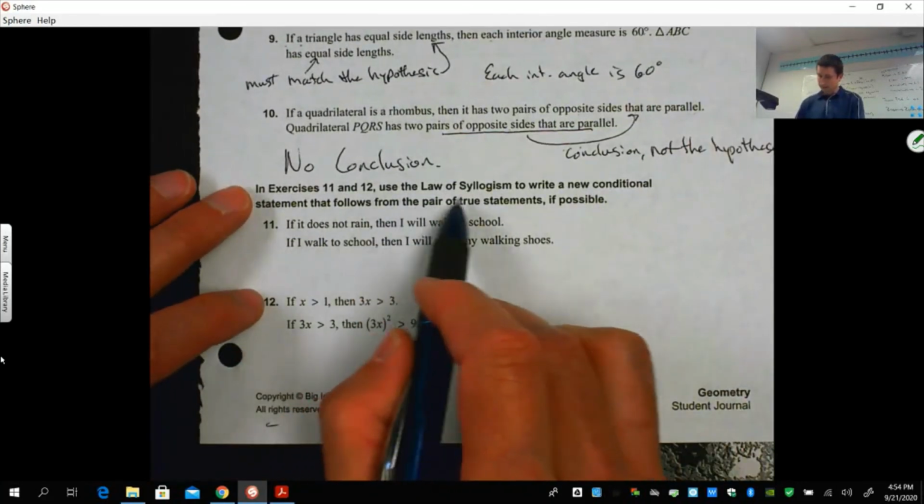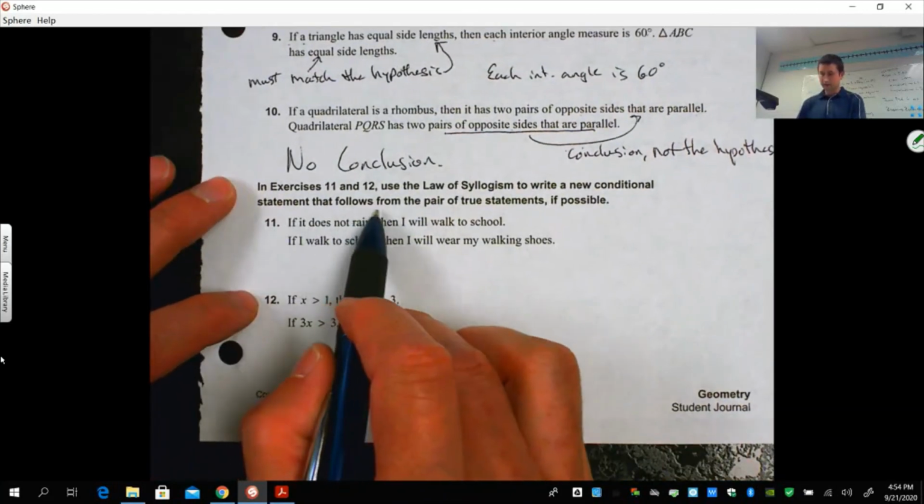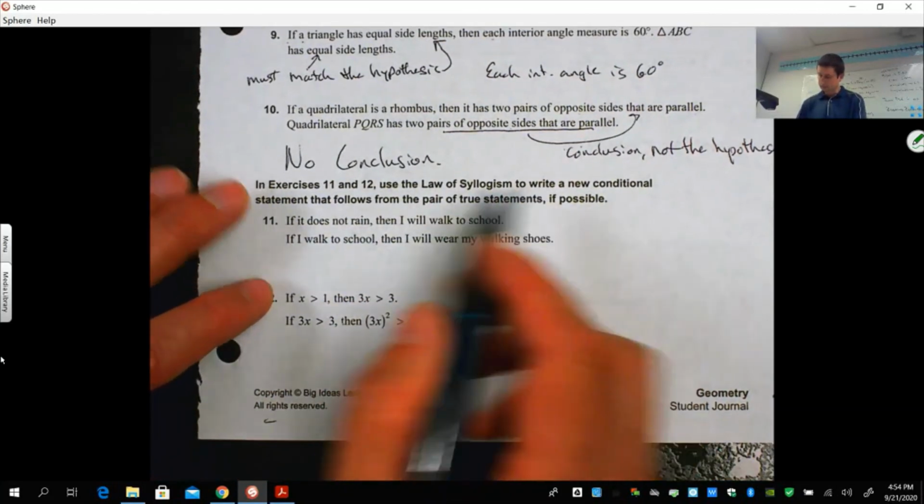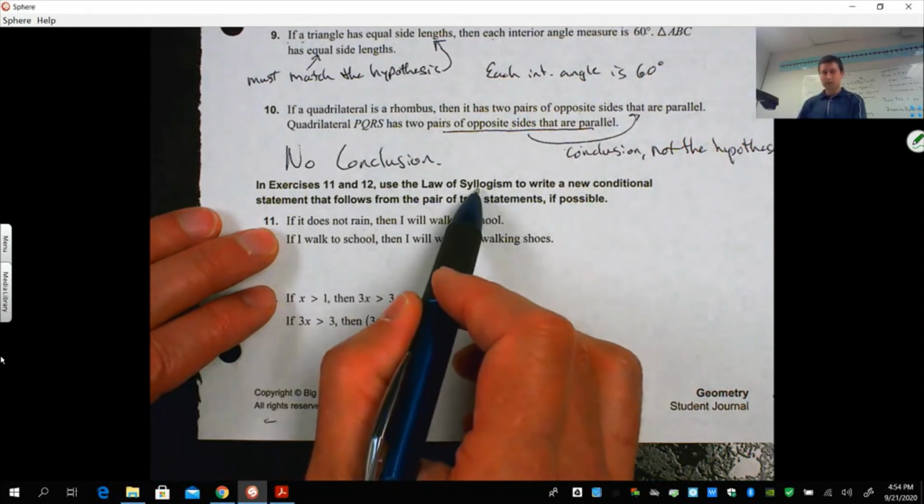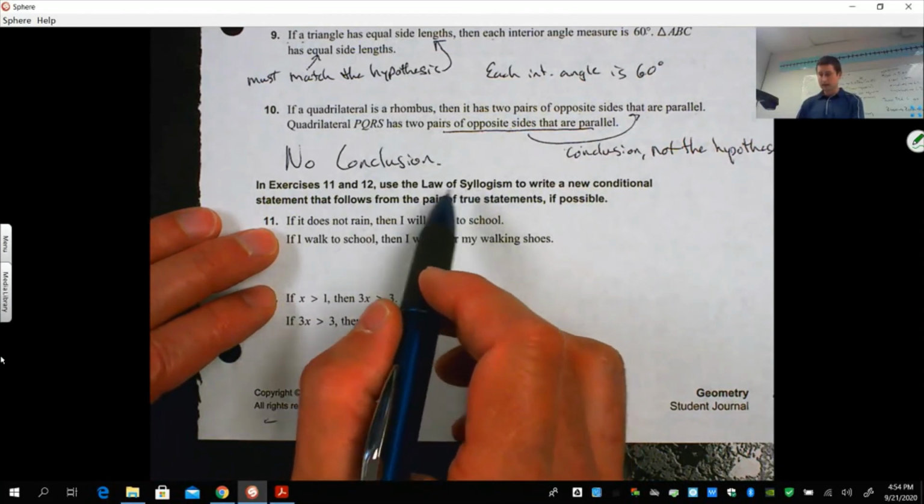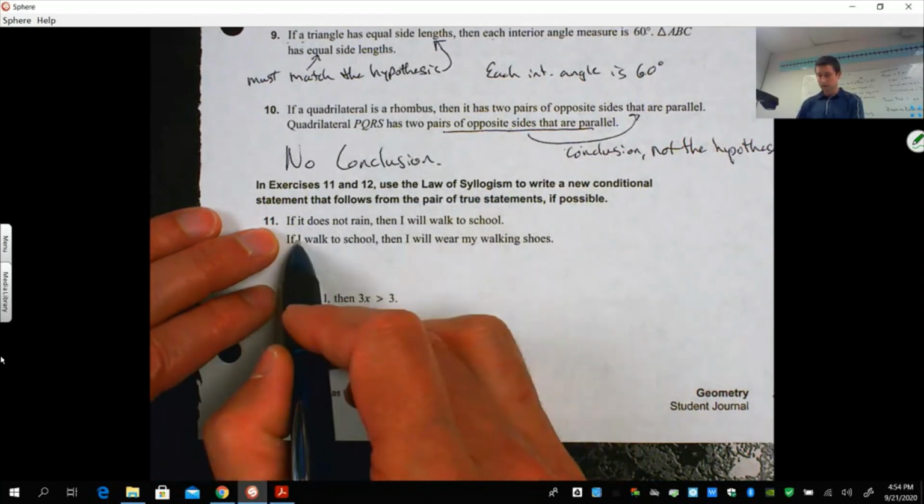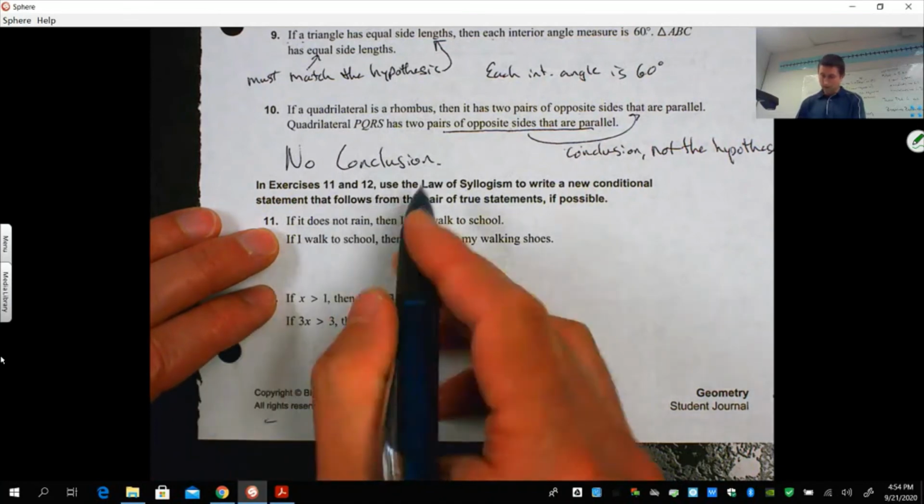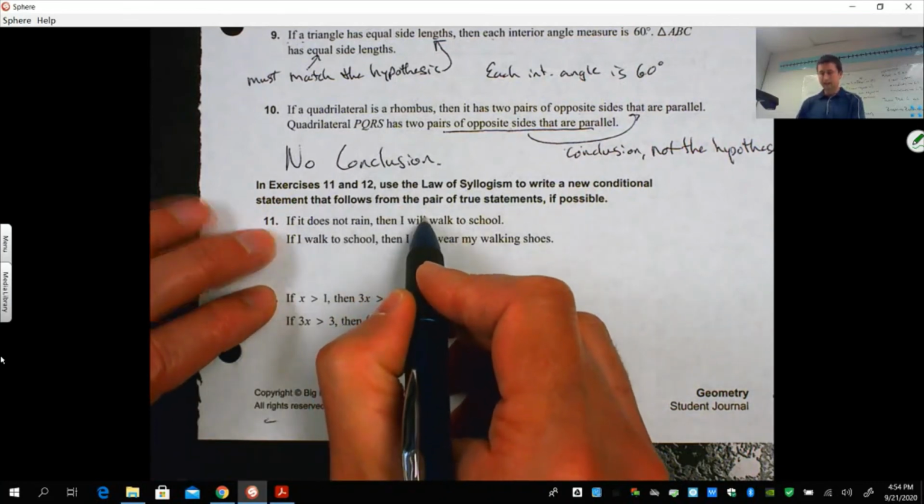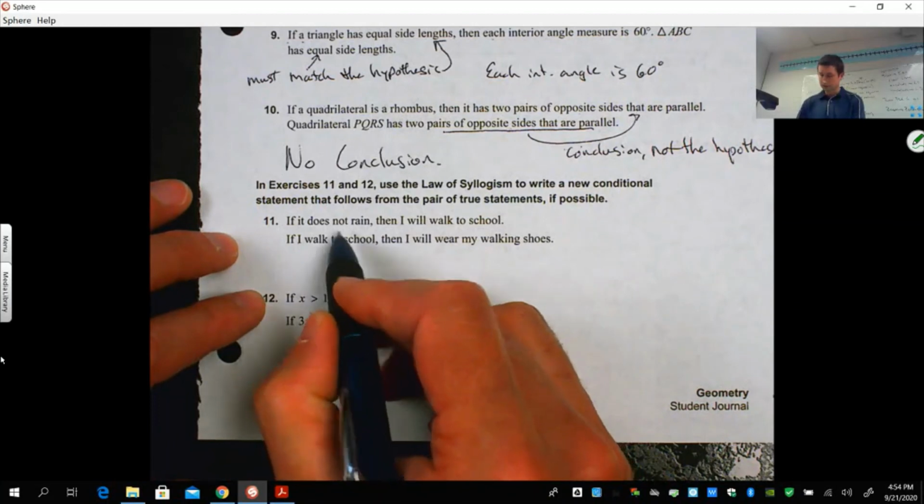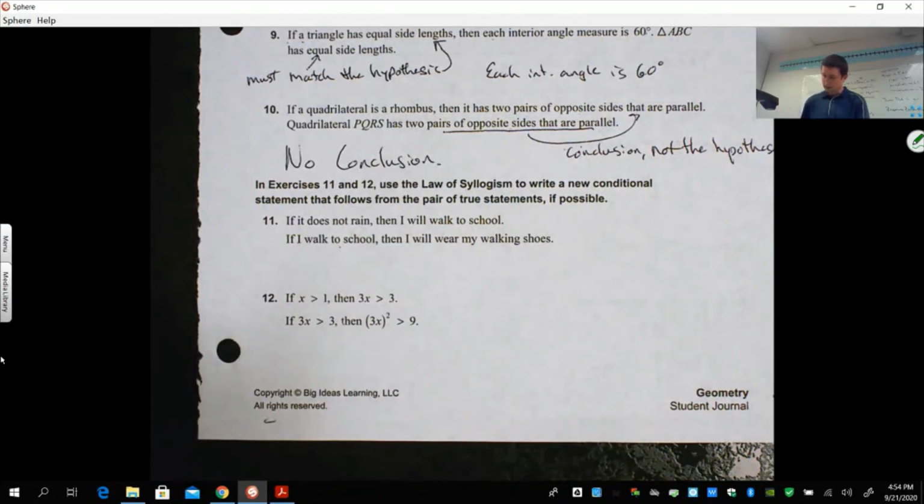Use the law of syllogism to write a new conditional statement that follows from the pair of statements, if possible. So this law of syllogism was that transitive property, if P then Q, if Q then R. Okay, so the conclusion for one statement has to match the hypothesis for the other statement. So if it does not rain, then I'll walk to school. If I walk to school,